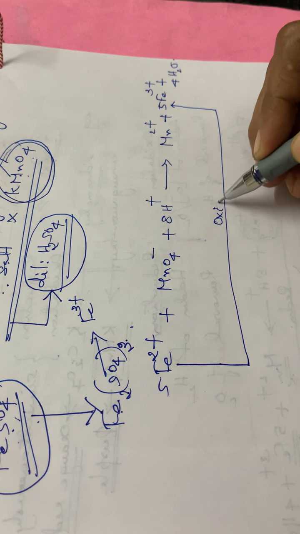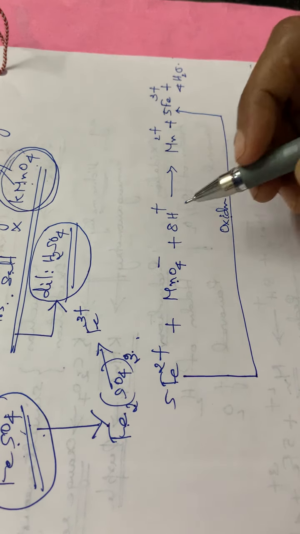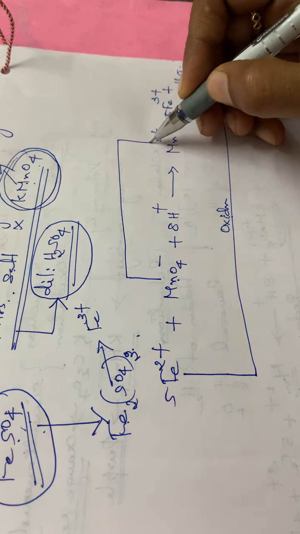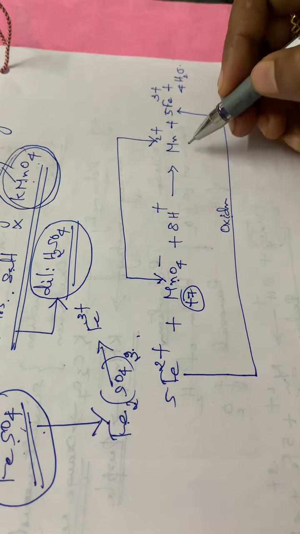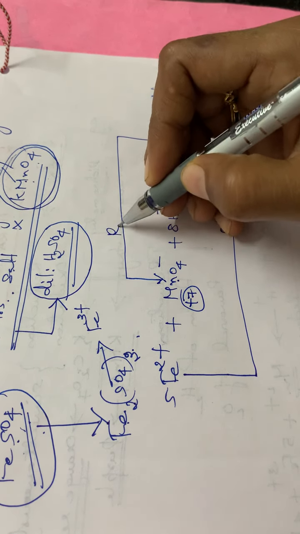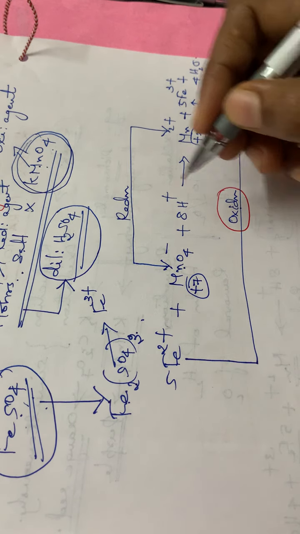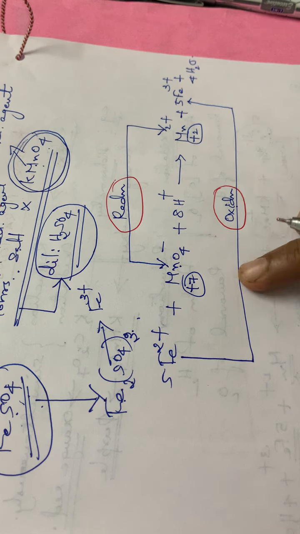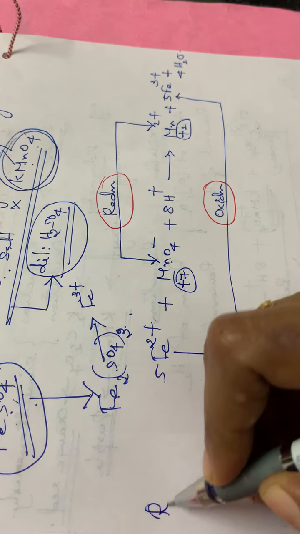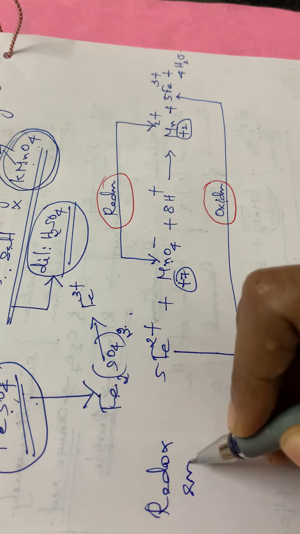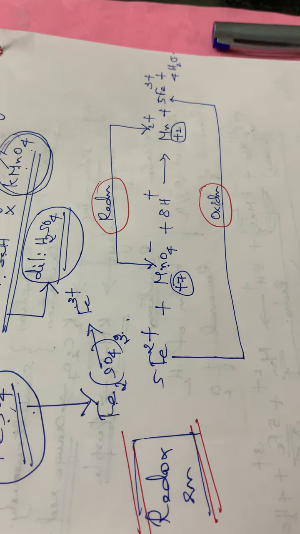So this is the oxidation reaction, and for this oxidation reaction, KMnO4 will be helping. And again, this MnO4- is reduced to Mn2+. That means here Mn is having the plus 7 oxidation state, and here it is having plus 2. So this particular part is the reduction reaction. One of it is oxidation and the other one is reduction. We had already discussed this particular reaction. So this is the overall redox reaction, and you have to study this overall redox reaction.